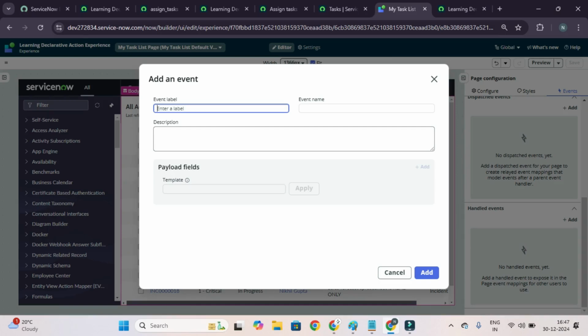here the label will be, I will say the assign, okay, I will say hash sign. You don't have to specify this list, it's just for the naming convention. So I will say assign task list, assign task,